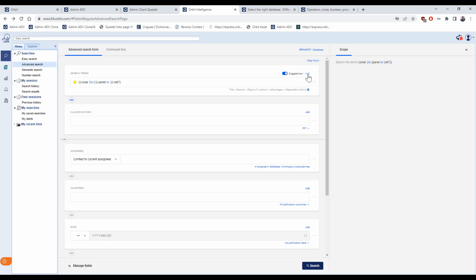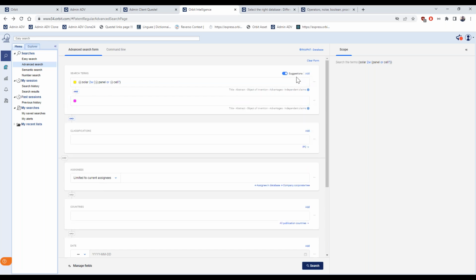So let's add a box, and when I write a term without truncations, let's say maybe plate, if you click on the plus, you get some suggestions, but you can then decide to pick or to add them all.